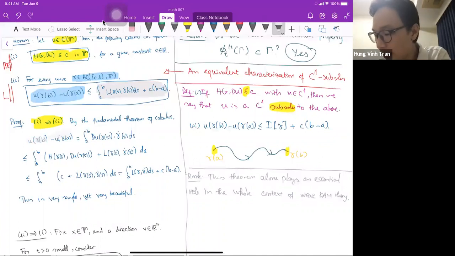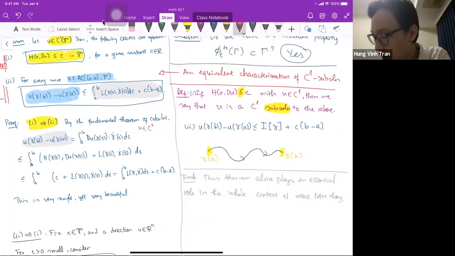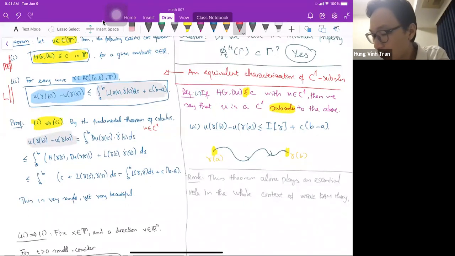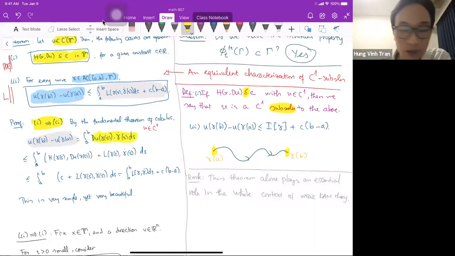As always, to evaluate the difference of the value of U at the two endpoints. And again, we are using the fact here that because U is C1, and gamma is absolutely continuous, that is fine. Or again, by approximation, you can consider gamma to be C1, piecewise C1, or piecewise C infinity. Those are okay as well. So you evaluate it and you just use the fundamental theorem of calculus. You see that it's just du of gamma dot with gamma dot ds, right? And again, we are using the fundamental,